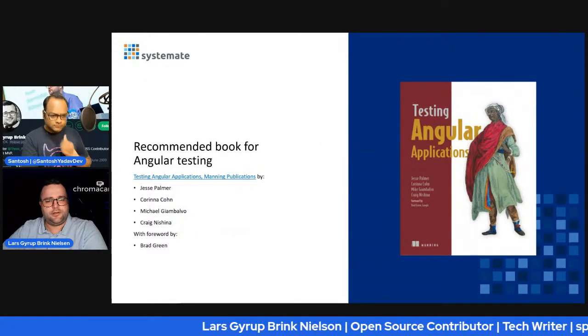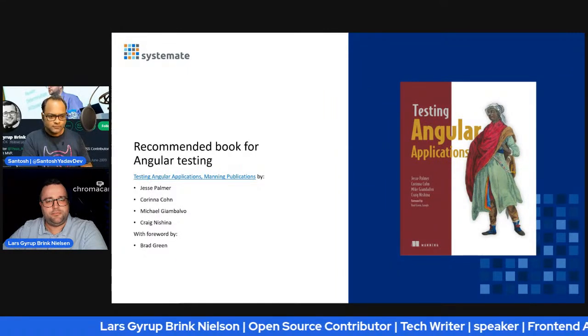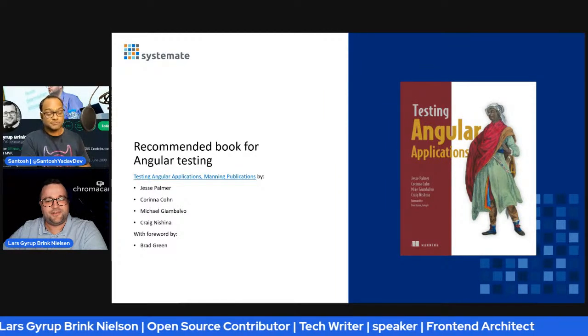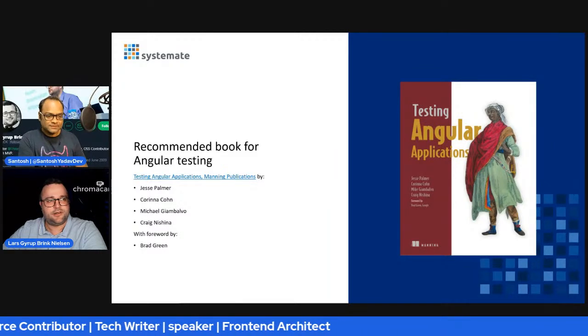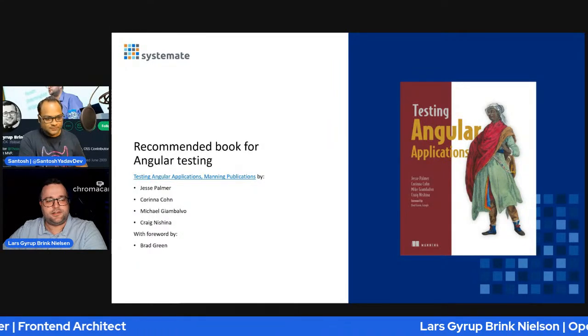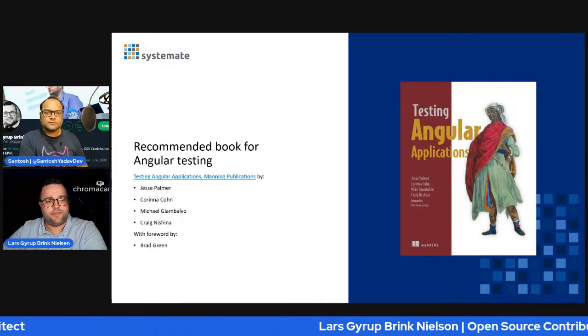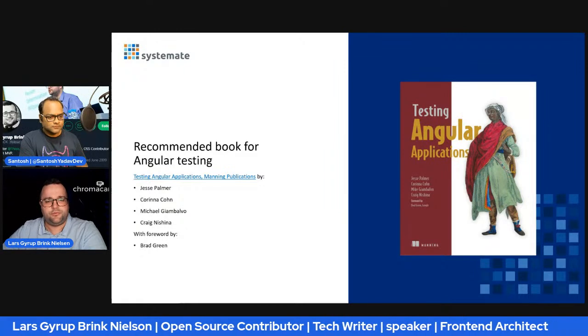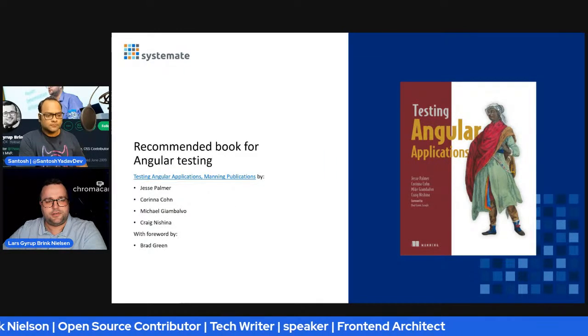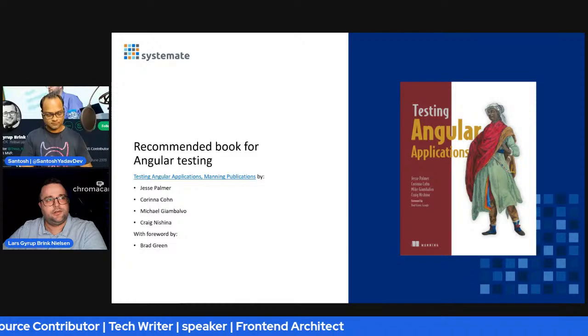This book is probably the only book about Angular testing, but it's also a good book. So I really highly recommend that for anyone interested in Angular testing. It goes beyond the Angular testing guide and covers everything to some degree about testing Angular. It also introduces testing in general, but with a focus on Angular testing, which is the important part here, as